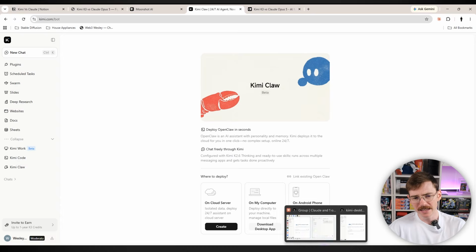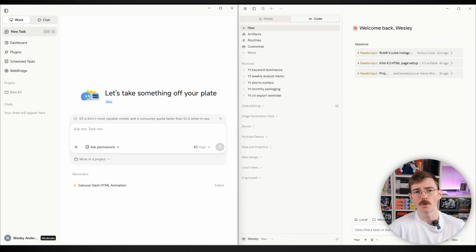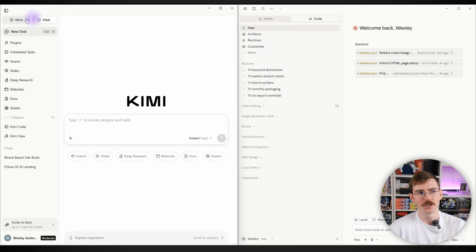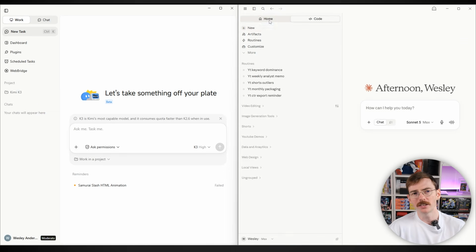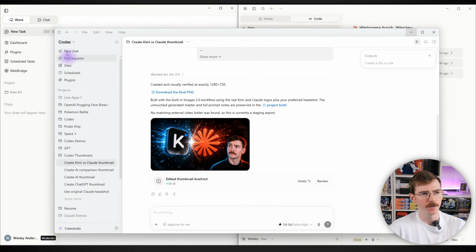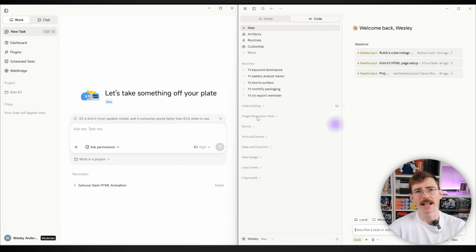But the other thing is, if we just very quickly look at the two apps side by side for Claude and Kimi Code, this is going to look very familiar, right? Kimi Code has this work version and this chat version, where this is the Kimi Code, just like you have it here. I will say that Claude Cowork, and if you're on ChatGPT, the work version of the ChatGPT app, is way more advanced than Kimi Code. I will say that that is one potential reason to use this, just because I trust what it does a little bit more. In my experience, this one is still a little bit rusty, and it's something we'll talk about more in the future.